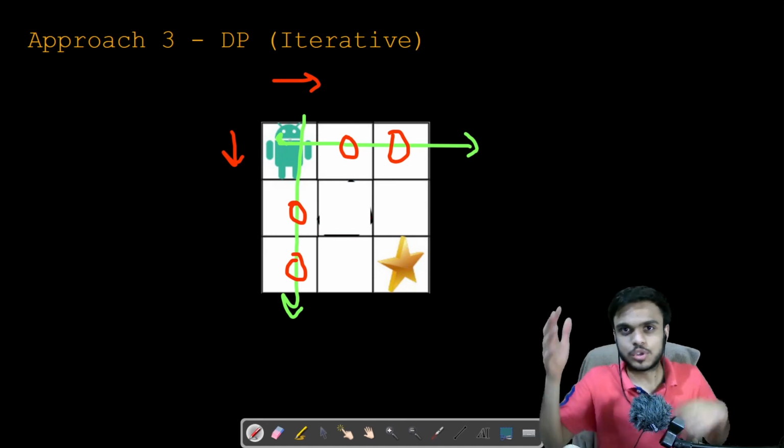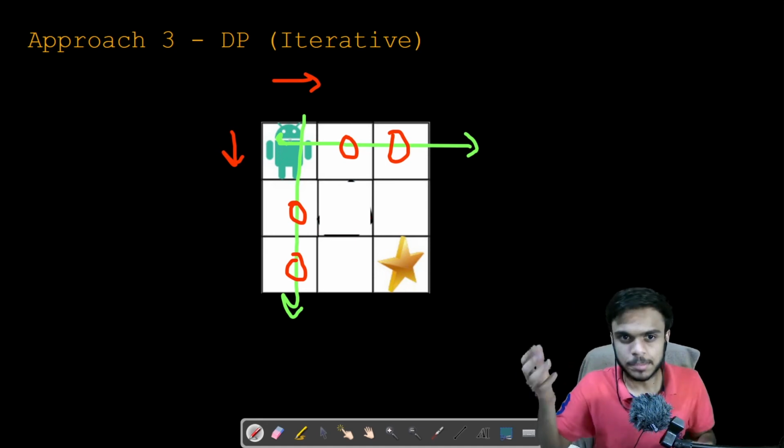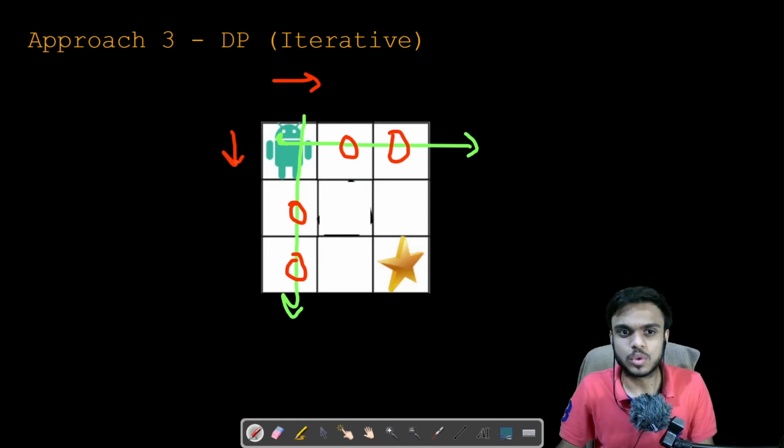Because we do not have the ability to go up. Similarly, if you want to go down, then this is the only way you can go, that is, going down. You cannot go right, then down, and then left, because of the constraints that we are given. Which is why all the values in the first complete row and first complete column would have just one single unique path by which they can be reached.